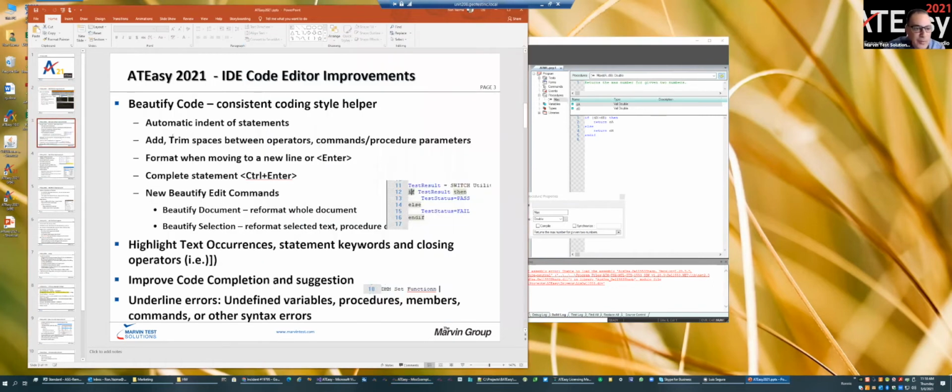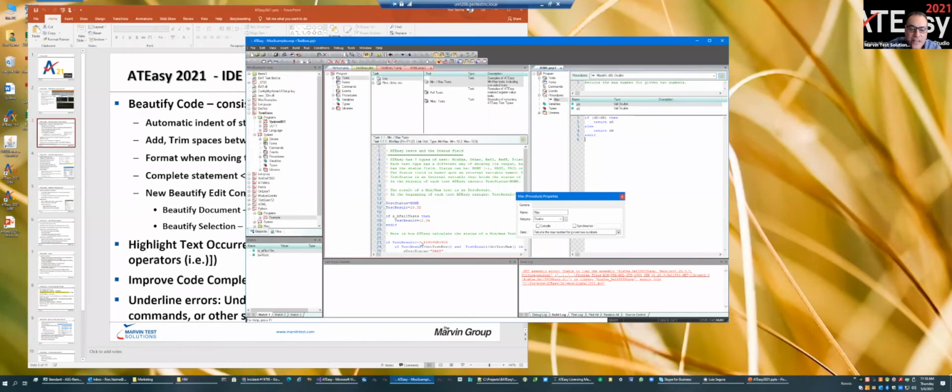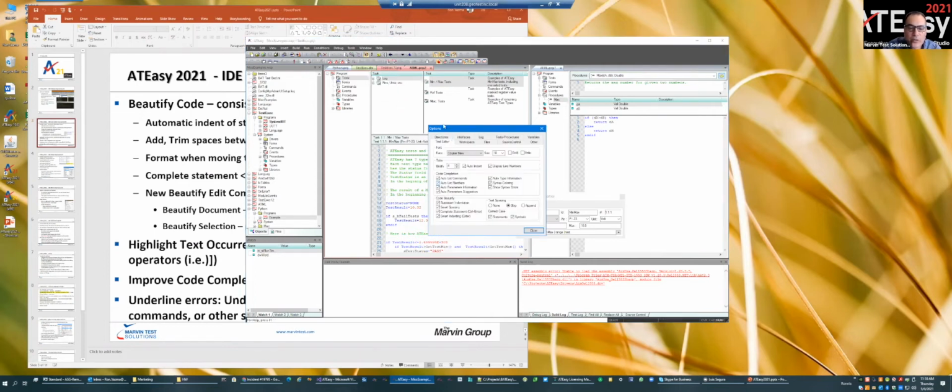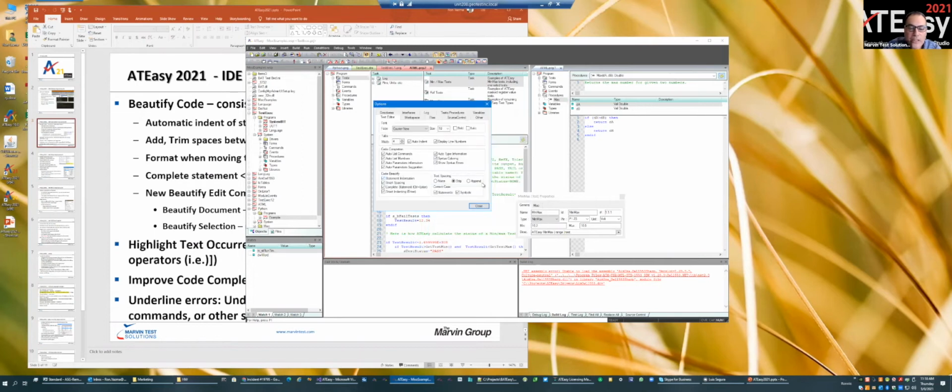So the next area of improvement, we did a lot of improvement in the code editor. And the code editor now has beautified code, which works when you type new text, or if you right click and select beautify selection. The way you activate it is, by default it is active, and you can see here if I go to options, there is a new block here called code beautify, and then it has a few options: